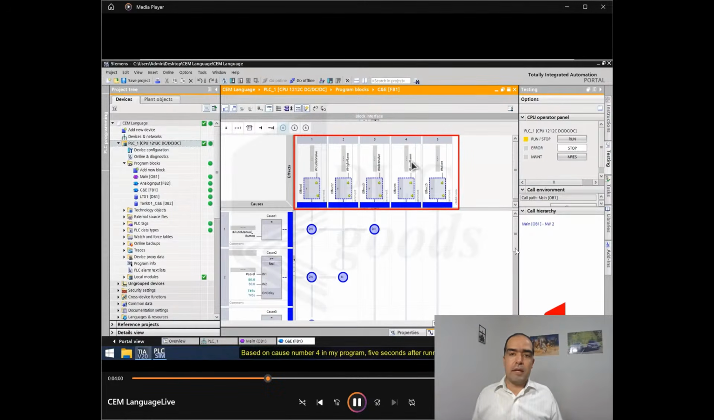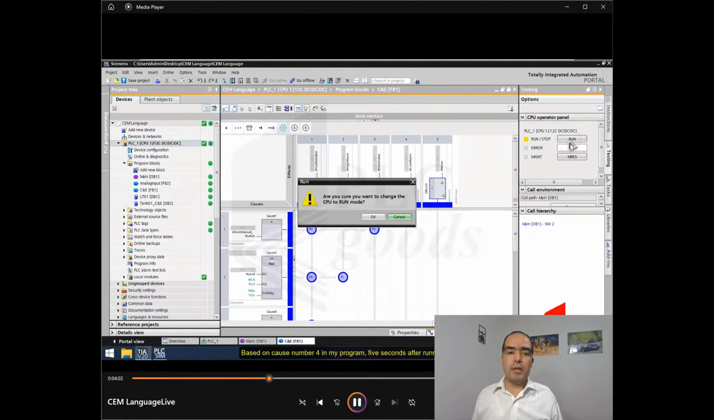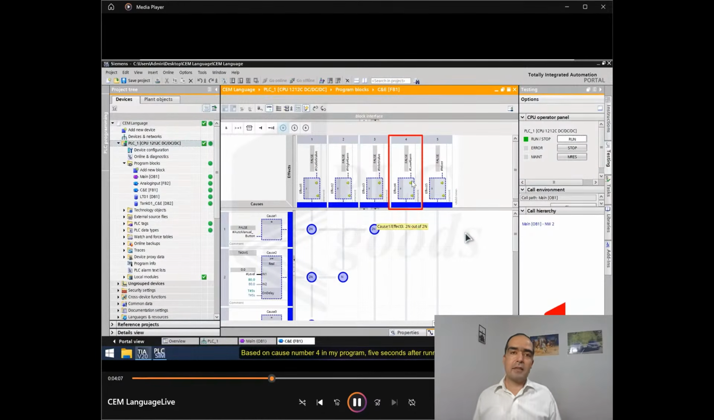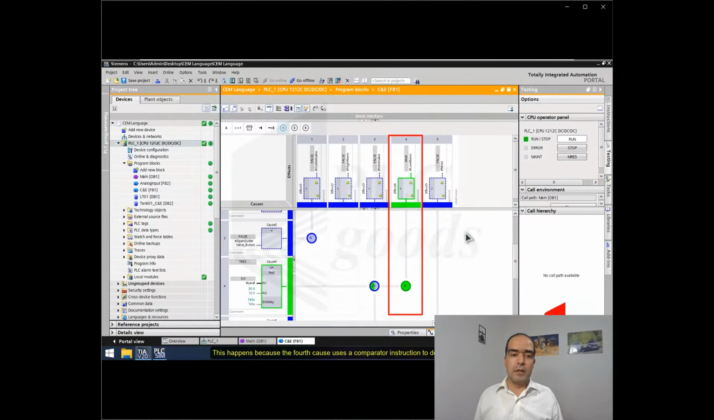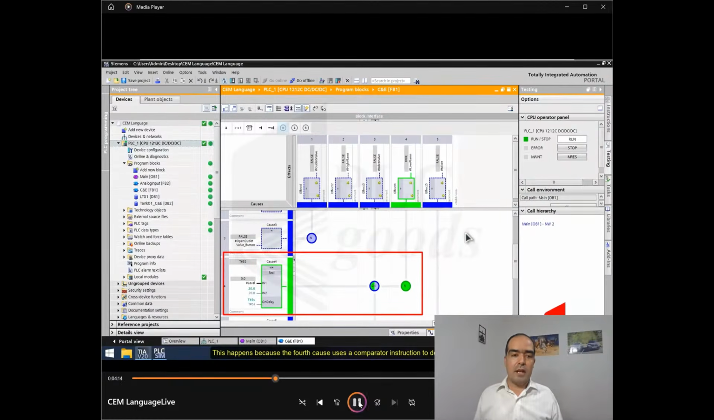Based on my program, after running my PLC, you will see that the false effect will be activated after 5 seconds. As you saw, now cause number 4 is activated. This cause says my water's level is below 20. Its current value is 0. And also